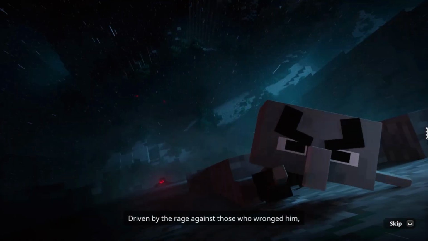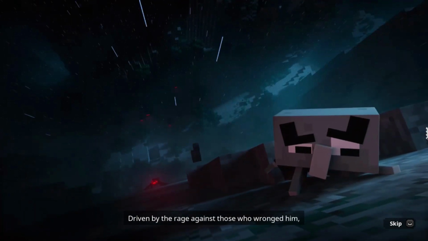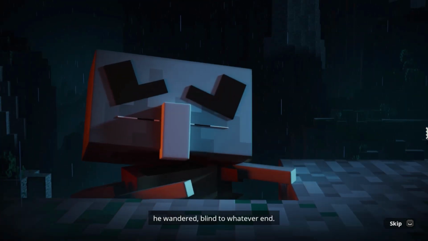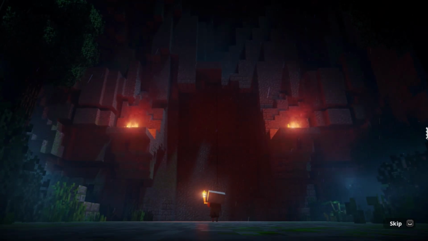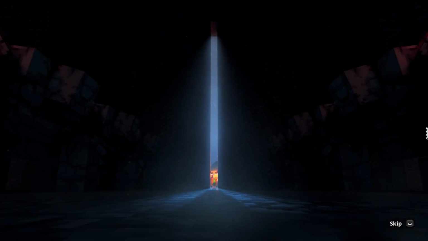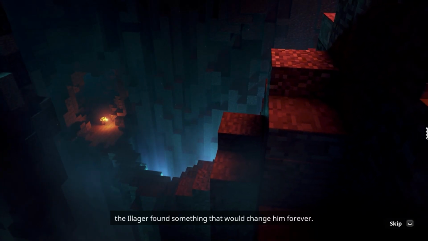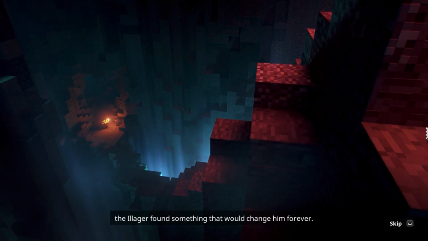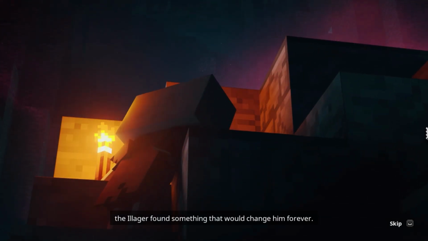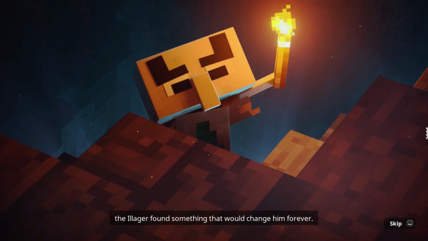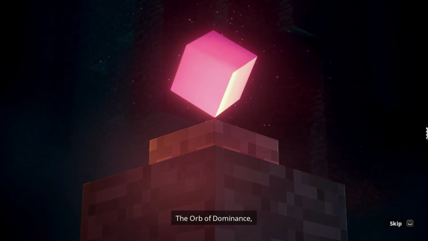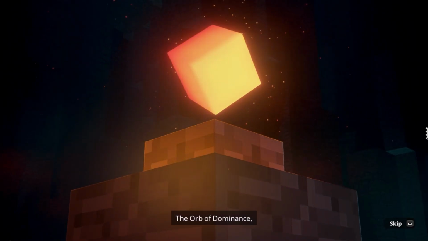Driven by rage against those who wronged him, he wandered blind to whatever end. Until at long last, the Illager found something that would change him forever. The Orb of Dominance.